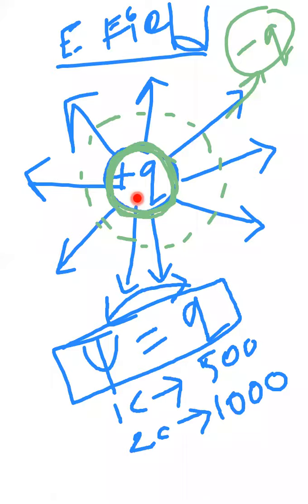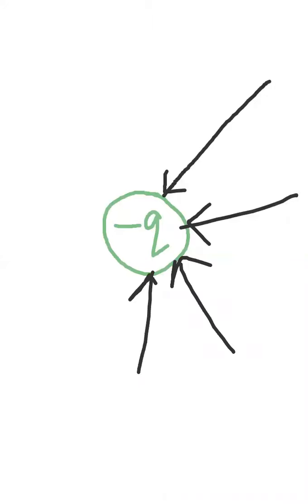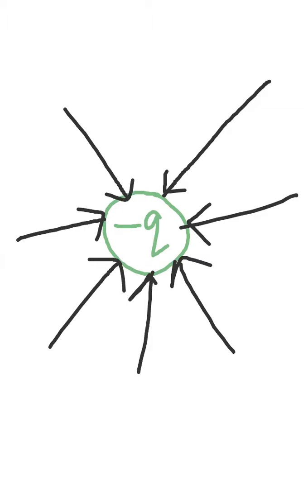The next question arises: if I am having a negative value of the charge, what will happen? I am having some negative point charge, then what happens? The field lines will be coming like this. If it is a positive charge, field lines are going outward. If it is a negative charge, field lines will be coming inside. Again, how many field lines are coming? It all depends on q only.